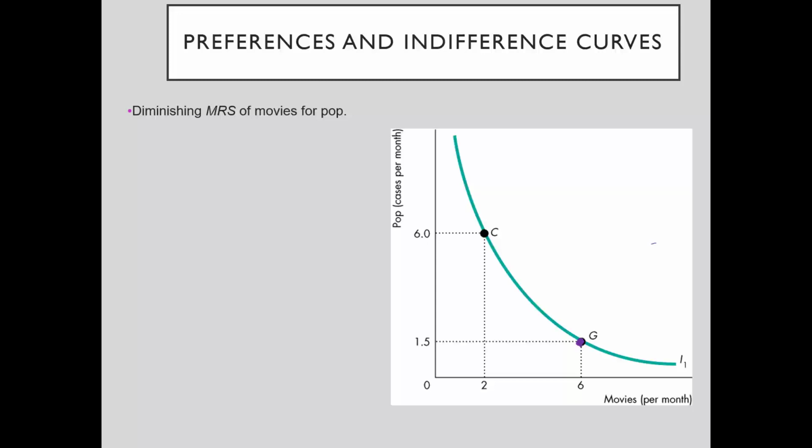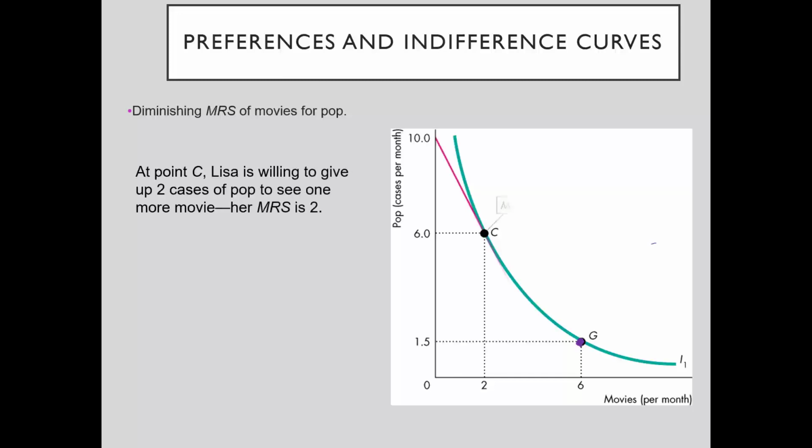So let's take the case of Lisa. We have this indifference curve here, and we have 2 points as well. And we want to calculate the marginal rate of substitution for point C. So let's draw a line which is tangent to point C, and then let's calculate what the marginal rate